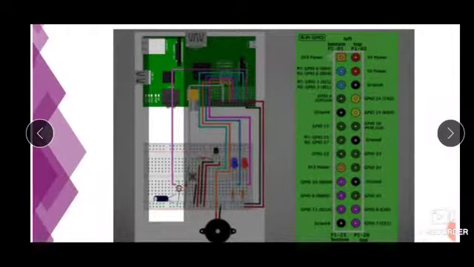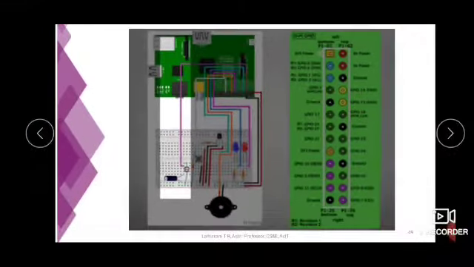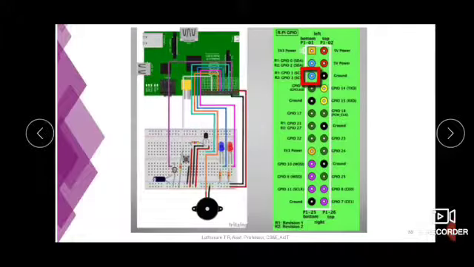You can see it going through here and reaching the connection made here. It is pin number 3 of the Raspberry Pi. So one end of the resistor is connected to the power supply, and the other end is connected to the GPIO of the Raspberry Pi, pin number 3, and the capacitor is also connected. These are the connections made here. You can see this is pin number 3 in the pin diagram, the pin to which the light dependent resistor is connected.